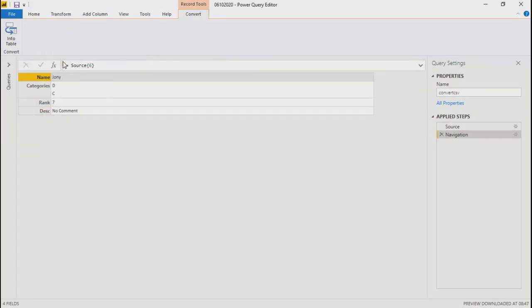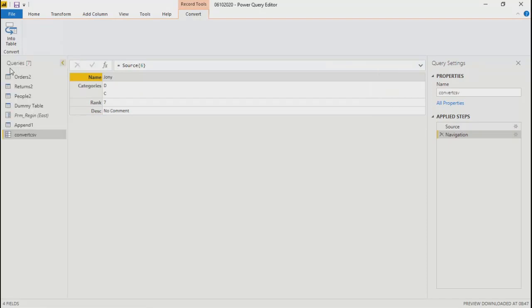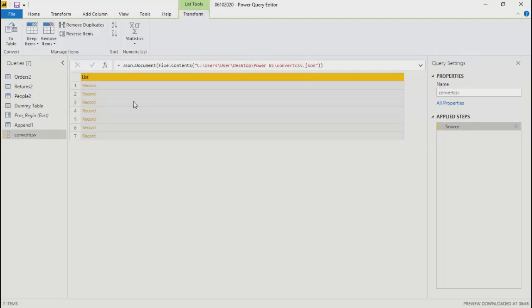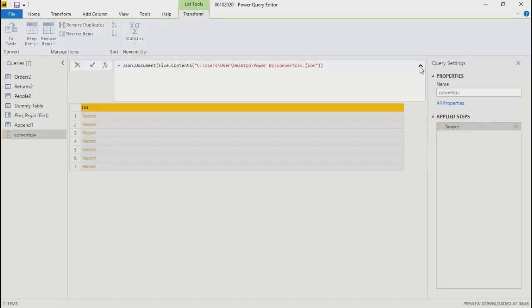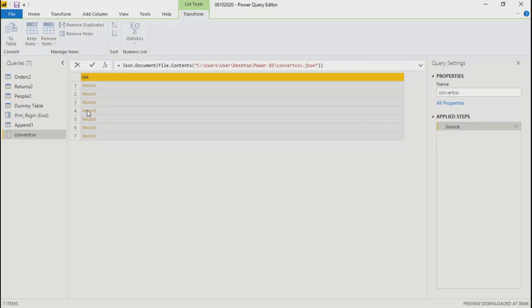But how would you read it? Will Power BI read it, and can we do reporting using this? Is it possible? I think yes. See, Power BI has already read it in this format, in tabular form. It is showing each row as a record because each row is an object. If you click on it, you see the details. So you can definitely use it, and Power BI will be able to read it for you.